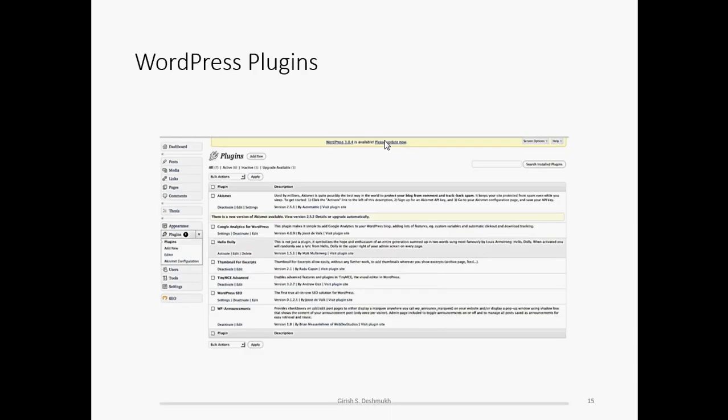Now plugins. Plugins are special programs which run in the website itself to perform some specified task, like counting the number of users who visit your website. Or sometimes we have to put in some keywords to search our website, so we can use plugins.